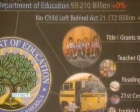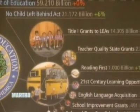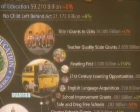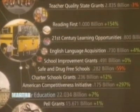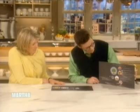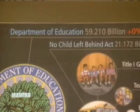So it's local municipalities that are really responsible for the local schools up till college. Right. For kids with disabilities and learning handicaps and stuff like that. Okay. So what's the budget for? Department of Education is $59 billion. So it's very small compared to...